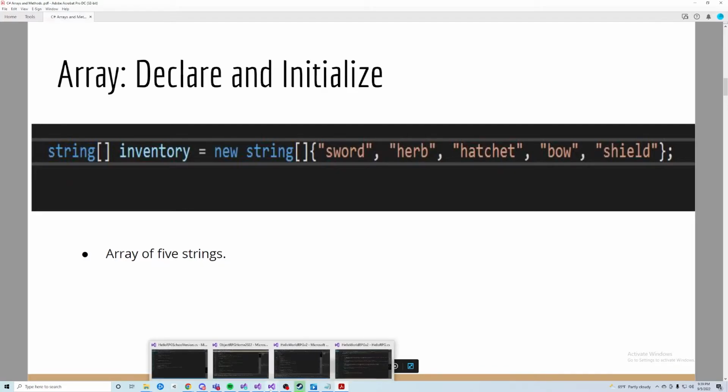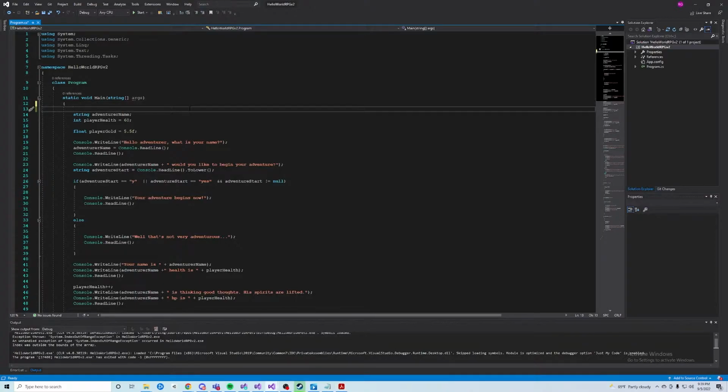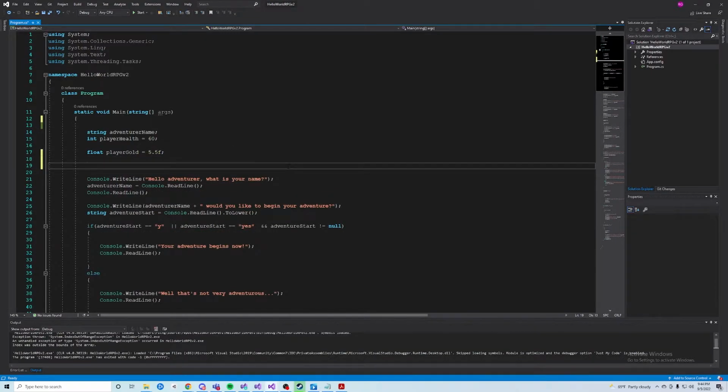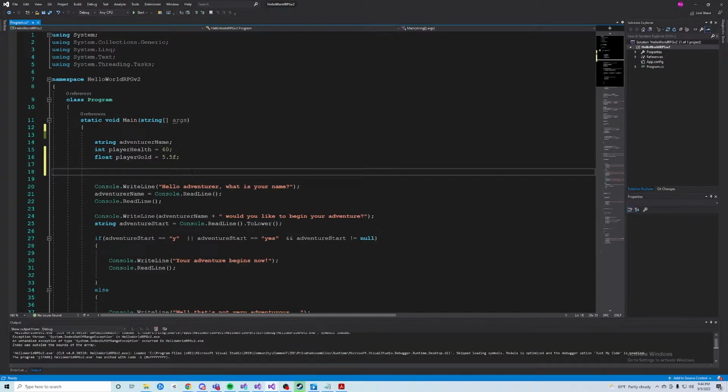So if we go to the code here, I'll zoom in a little bit. We can go ahead and make an array up here. I'll put it underneath. In the code here, I'm just going to reformat this a little bit and zoom in. We're going to create an array of strings, okay? And I'm going to call it inventory. And I'm going to initialize the array. So I've declared the array: the data type is string, the name is inventory. And I'm going to set it to